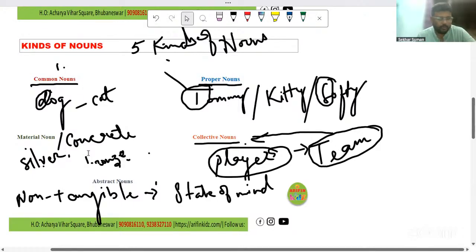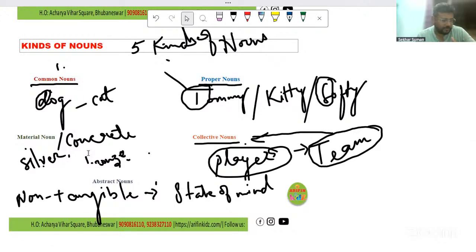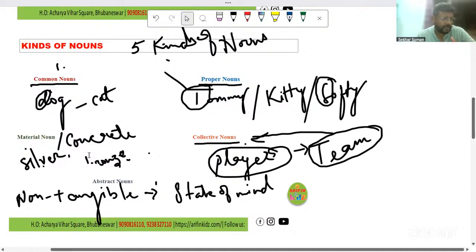So they are going to be written in capital letters. Whereas material noun is the substance that item is made of, that is delivered under material noun. Collective nouns are nouns which are in groups. When we consider one word for many people or many things, then we will use that as a collective noun. And abstract nouns are those we can feel, but we cannot